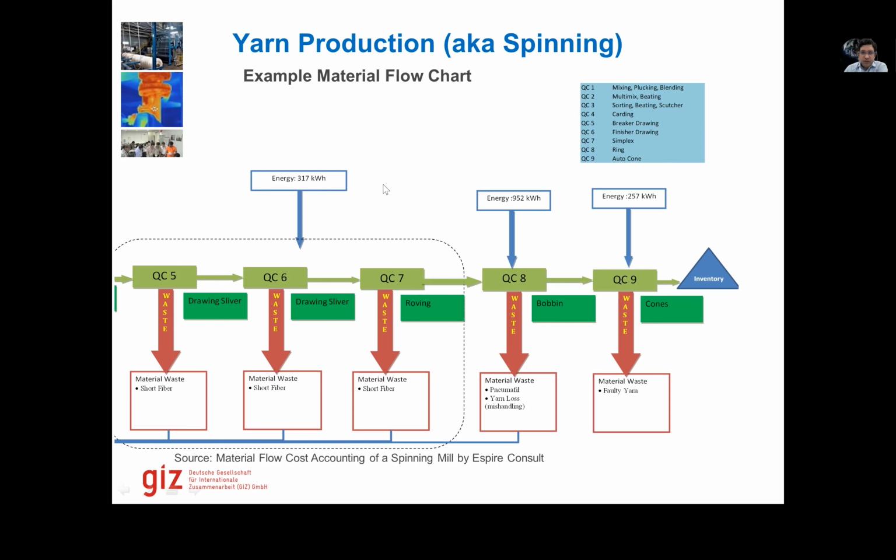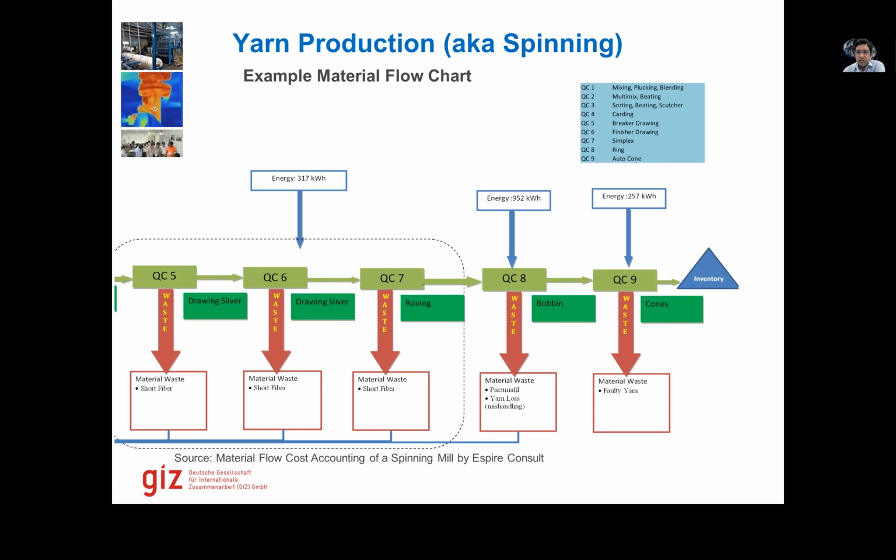You can see that we did a bit of blending here. For energy consumption, we had meters only combined for QC5, QC6, and QC7. But just to ensure that we are able to divide the processes in detail, because we had material quantities here, we did not actually combine them as one quantity center, because we also had measurements of the wastes here as well. So we did an estimation of this energy, divided this into these quantity centers evenly or based on the experience a little. We can also do spot measurements there.